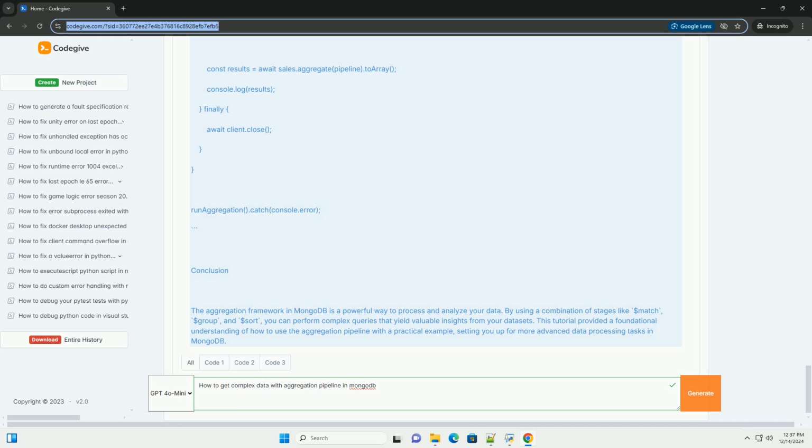const pipeline = [ { $match: { date: { $gte: new Date("2023-01-01"), $lt: new Date("2024-01-01") } } }, { $group: { _id: "$store", totalRevenue: { $sum: { $multiply: ["$price", "$quantity"] } }, totalSales: { $sum: "$quantity" } } }, { $sort: { totalRevenue: -1 } } ]; const results = await sales.aggregate(pipeline).toArray();